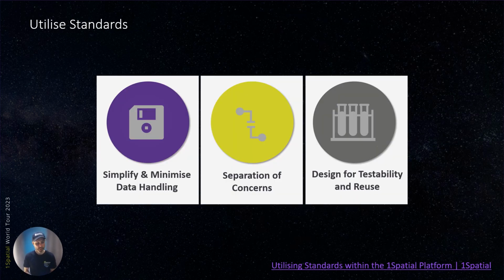Now, three areas that I also challenge the product and solution teams on all the time is, once we've built a good functioning system, have we thought about simplifying and minimizing the amount of data that we're moving around the system? Because the data is moving, that moving part means there's always a little risk around some error creeping in, or some data duplication, or something outside our control happens, like the network goes down, which means we end up with corrupted data files, or a system is changing the data in a way we weren't quite expecting. So really trying to minimize and simplify how much data we pass through systems is an important way to just